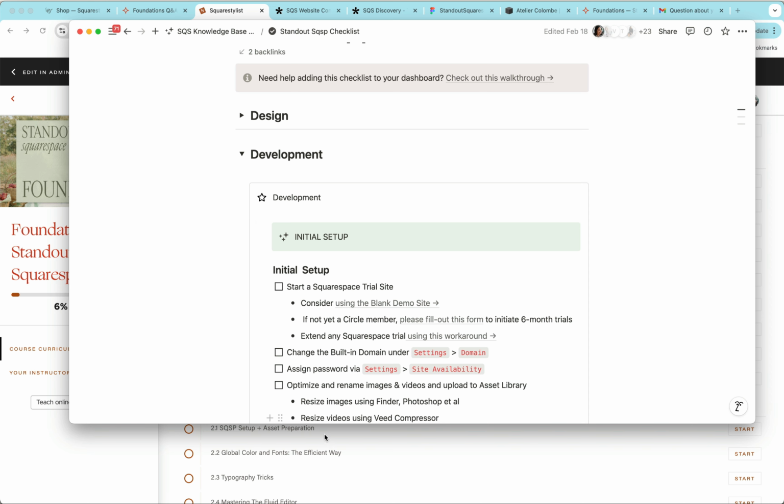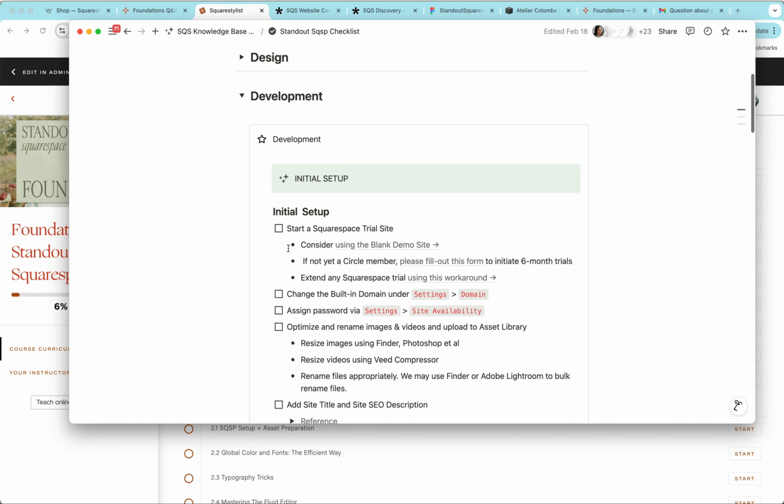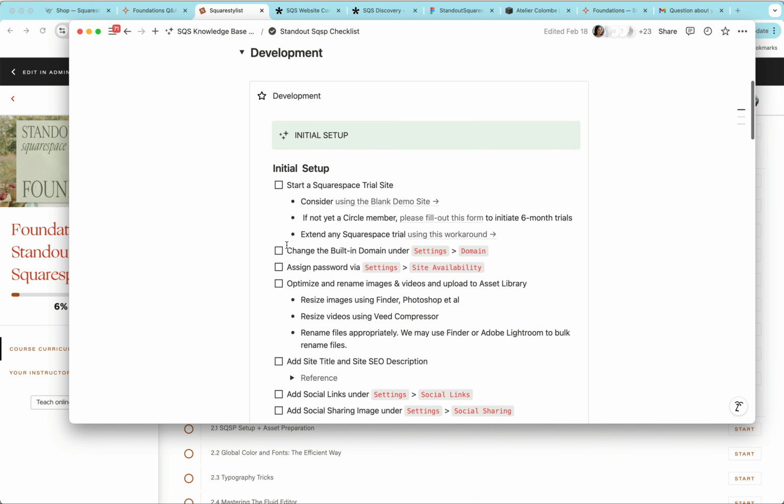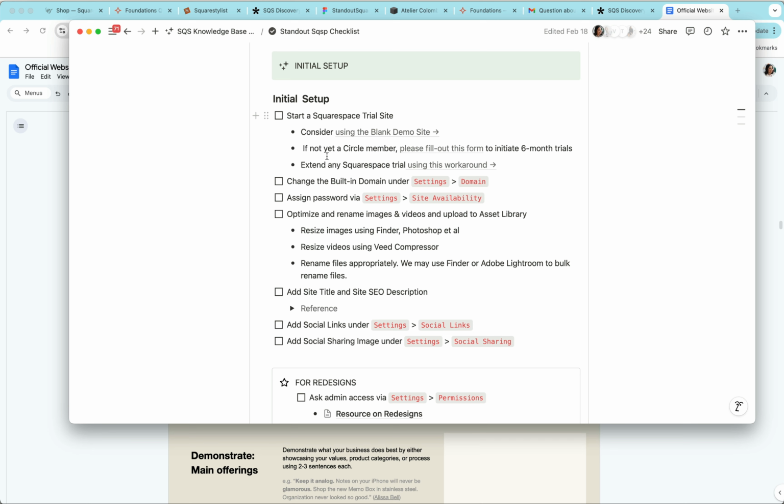So the development part is where you learn how to leverage the built-in features of Squarespace such that you build a Squarespace website the right way. All the settings are right here to make sure that you are guided at every step. We have practice projects all throughout the program, and notice how the initial setup is all about becoming a Circle member. So we will facilitate your Circle membership such that you can create websites with 6-month trials and extend that